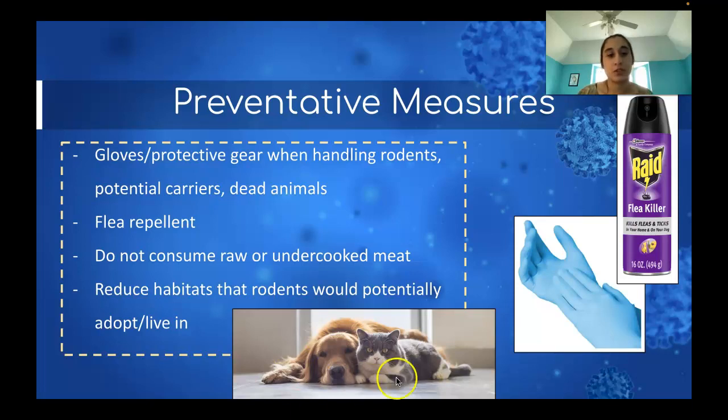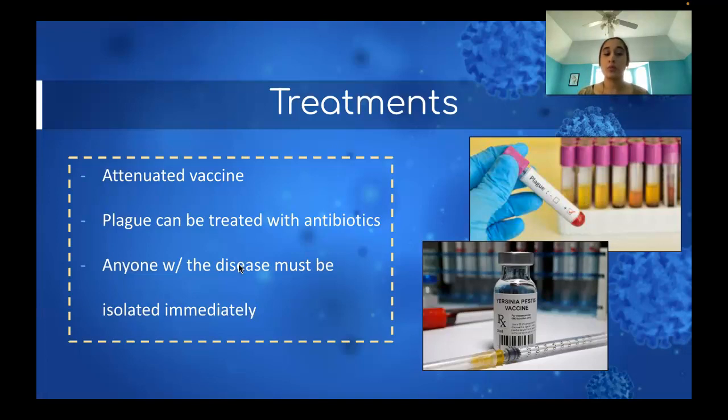And another big one is to avoid consuming raw or undercooked meat. A lot of cases in today's world, or like recent cases, were caused by the consumption of raw food, of raw meat. Also, try to reduce potential habitats for rodents, like in your backyard or front yard, any places where a potential carrier might want to live or adopt. Try to reduce those. So some treatments, there is now an attenuated vaccine for this disease,